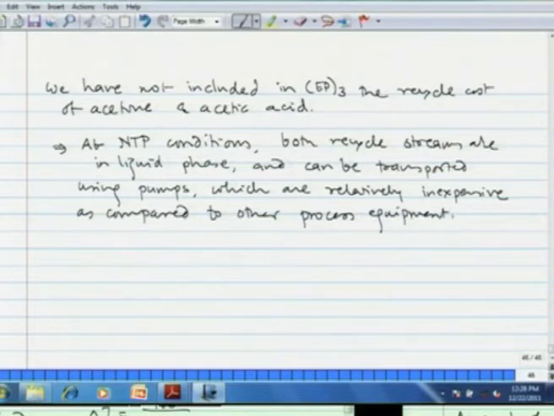So, this is how you can generate the economic potentials at various levels. Now, we have seen that both economic potentials were positive, economic potential at level 2 and level 3, and therefore, it justifies the additional effort for the detailed design of the process, especially the reactor and also the separation systems. Continuing with the same theme, we shall see another problem in which we shall determine the economic potential of the HDA process with design variables.